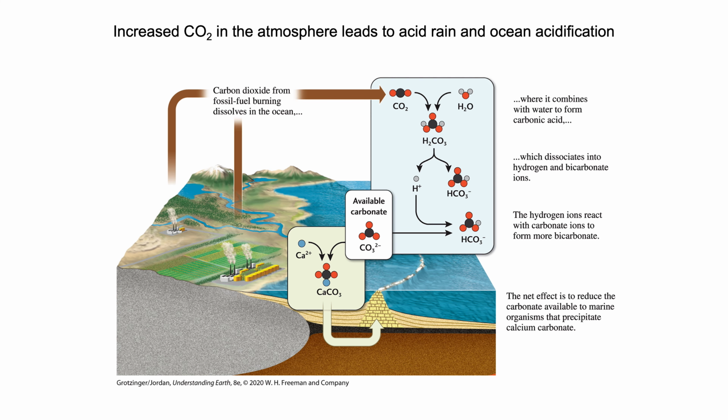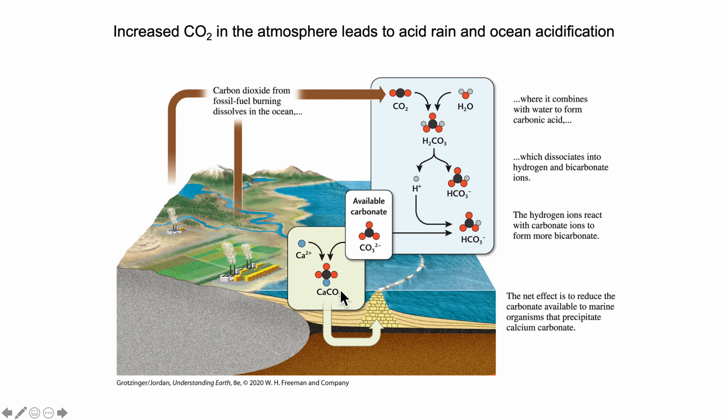Okay, let's burn some stuff and see what happens. Starting out with the consumption of fossil fuels and burning, say, forests and flaming landfills, we generate carbon dioxide that is going to move away from the source of the burning in the atmosphere. The CO2 is going to mix with water vapor, forming carbonic acid. This carbonic acid is going to dissociate into bicarbonate and hydronium ion. This hydronium ion can in turn join a carbonate and become more bicarbonate. Or this carbonate can join up with a calcium ion and become calcium carbonate.